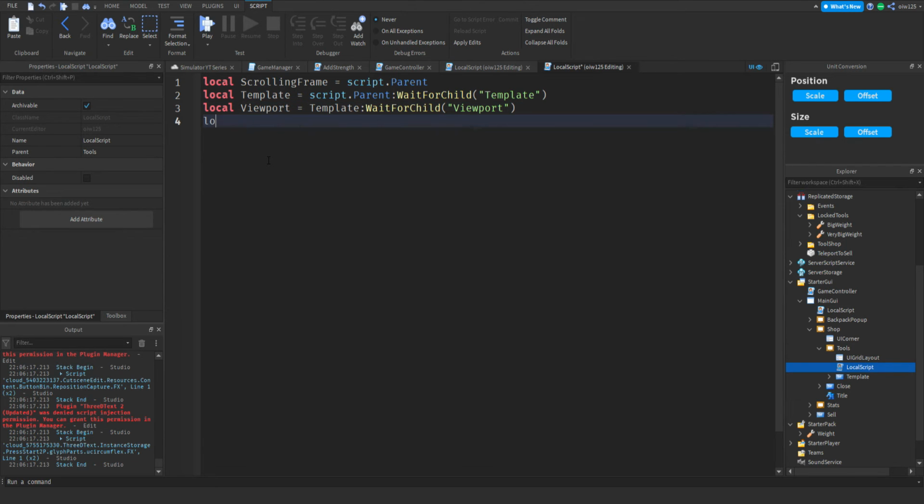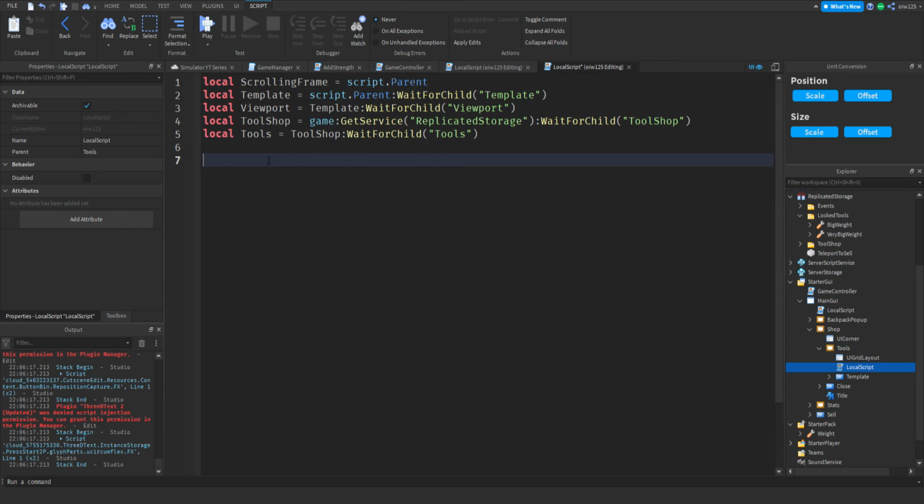We can do local toolShop equals game.ReplicatedStorage:WaitForChild("ToolShop"). We can do local tools equals toolShop:WaitForChild("Tools"). What we're gonna do is we're gonna do for i, v in pairs tools:GetChildren()